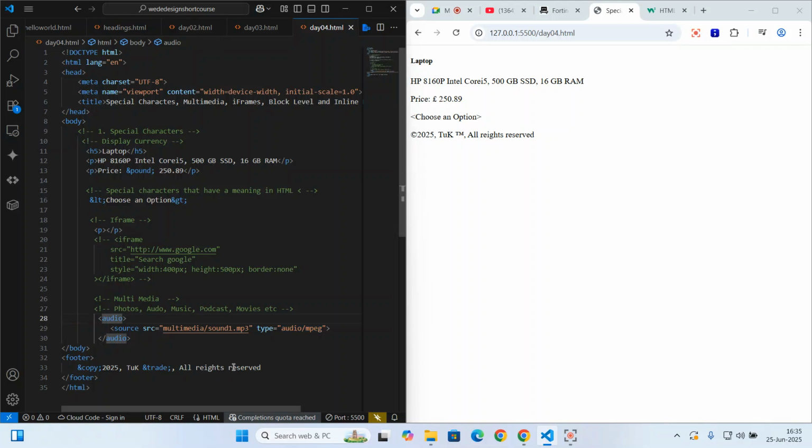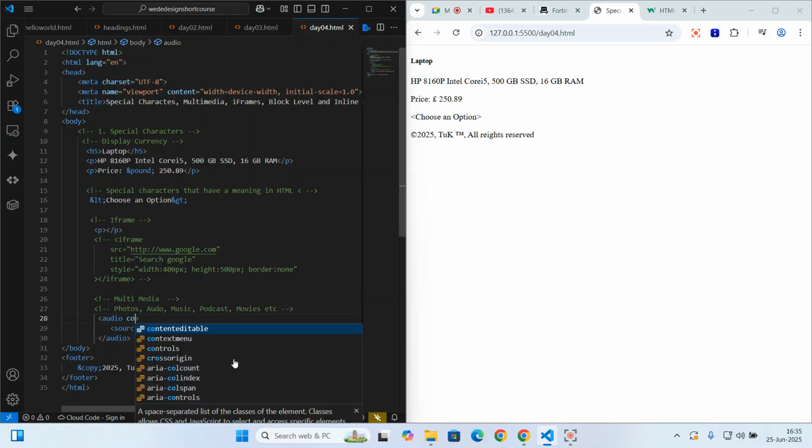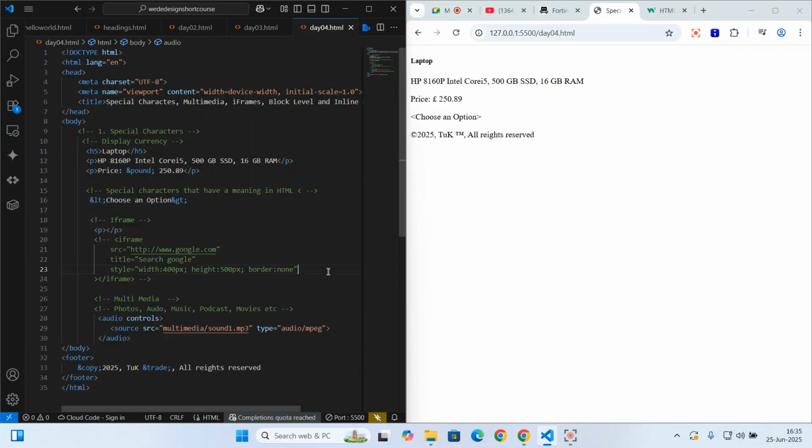Okay. It's not playing because I didn't put the source. So I just put controls here so that the controls are able to be shown. You can now see it is actually showing. If you don't put controls, it will not show. If you put controls, it shows now. It asks you if you want to play it. So if I play it,